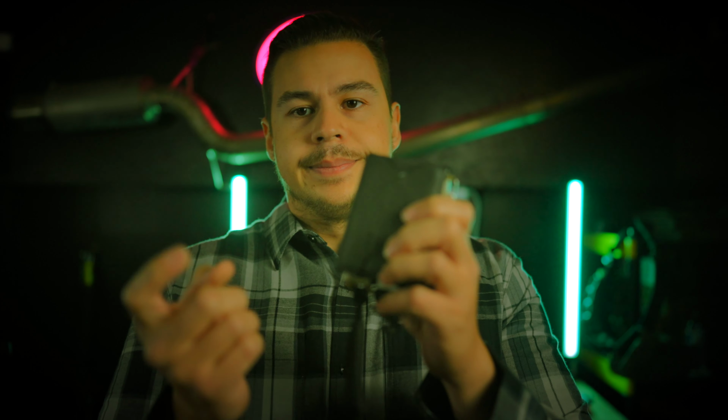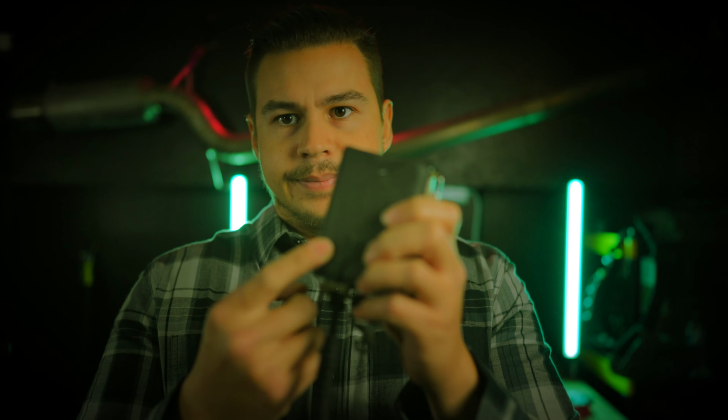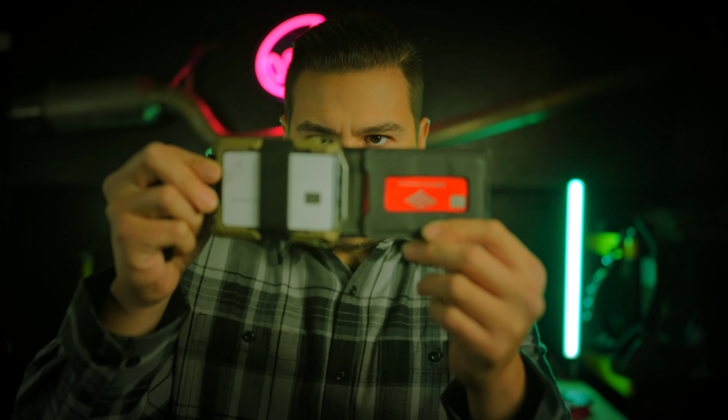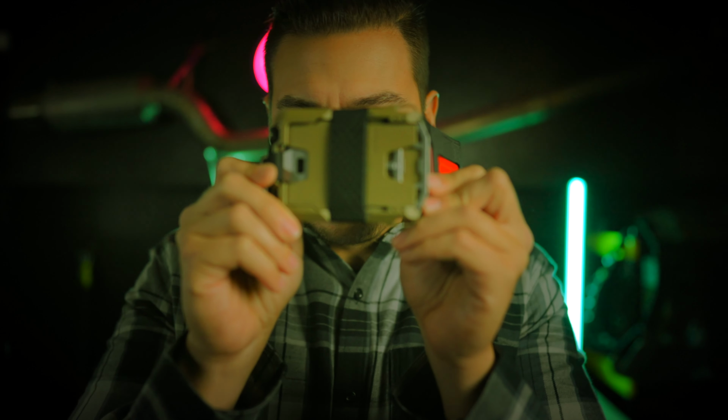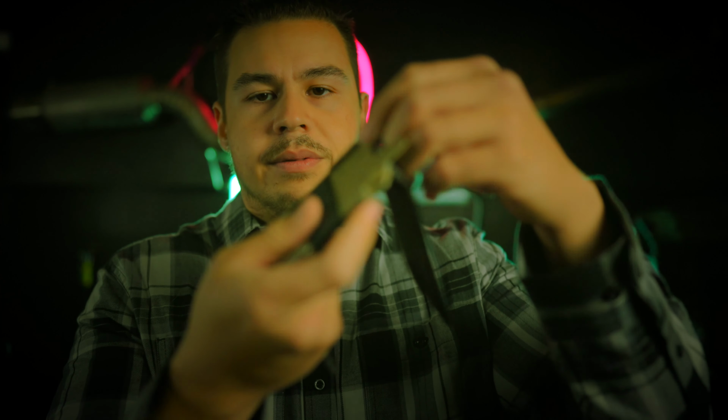First of all, let's just talk about the wallet's construction. It's got leather, right? I'm not gonna sit here and say, oh my god, this is like Louis Vuitton or whatever. It does the job for me. Like I said, I've had it for like 8 months, I think, and nothing has burst at the seams or anything like that. I keep cards in here like this. It's got this little rubber band thing. Pretty much I keep credit cards in this one. I might have a couple in this one. So I'll pull those cards out, and then inside of it, you have this little divider. And then behind the divider